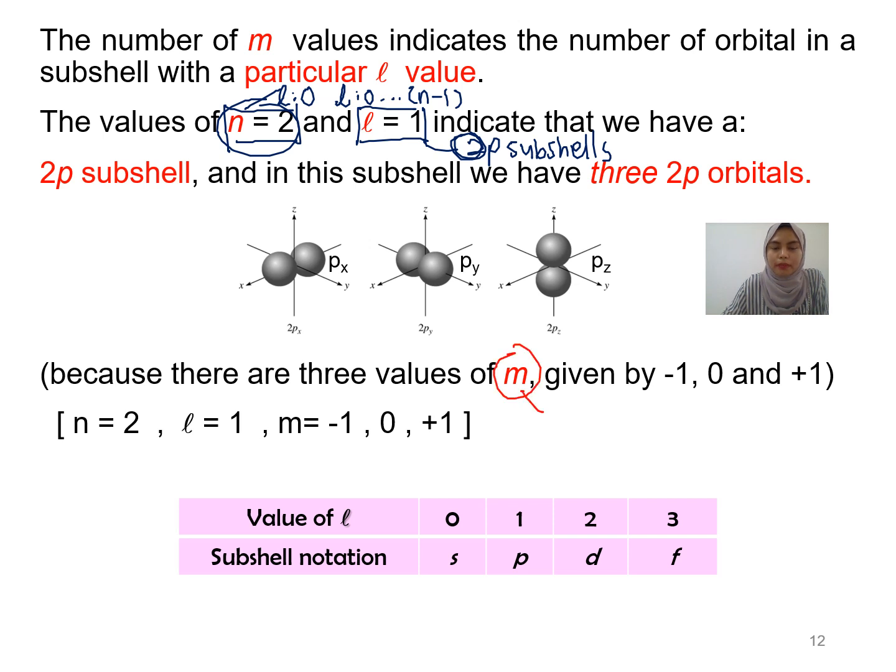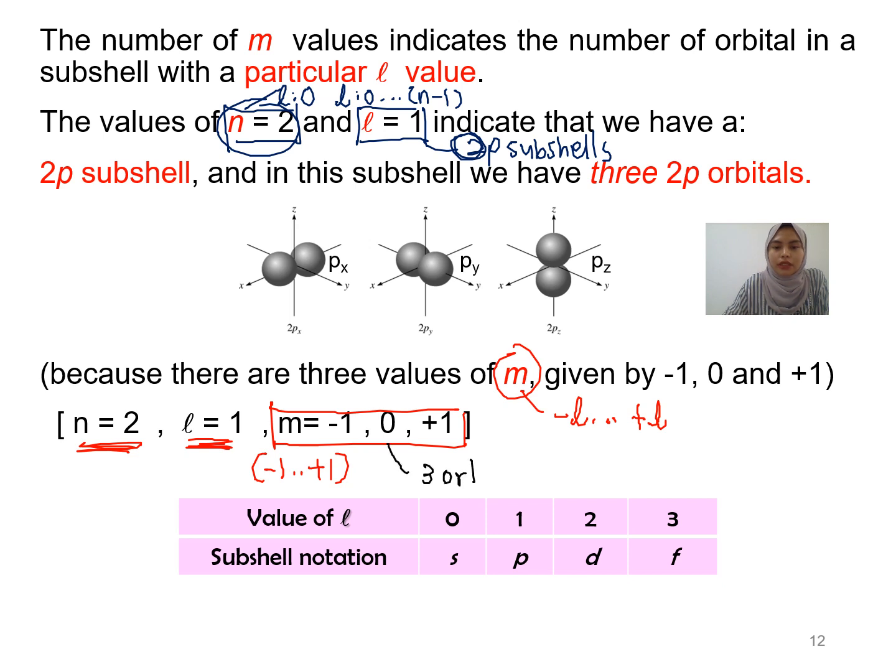You can get the M value from negative L to positive L. So for N equals to 2, L equals to 1, the M value will be -1 until positive 1. So when the M values are -1, 0, positive 1, you have 3 numbers there. 1, 2, 3. So these 3 numbers indicate 3 orbitals